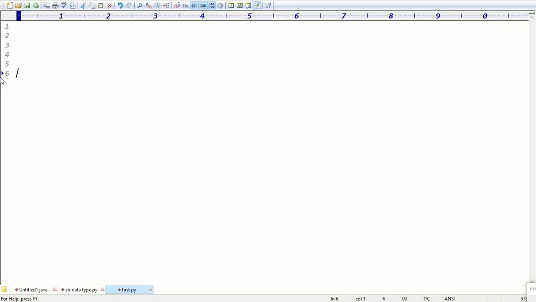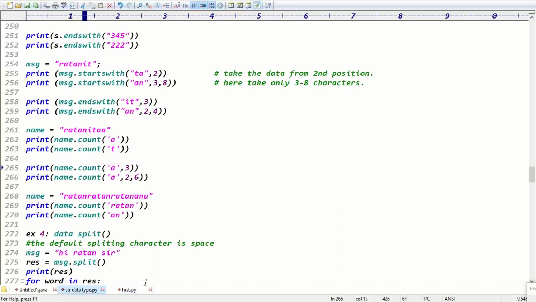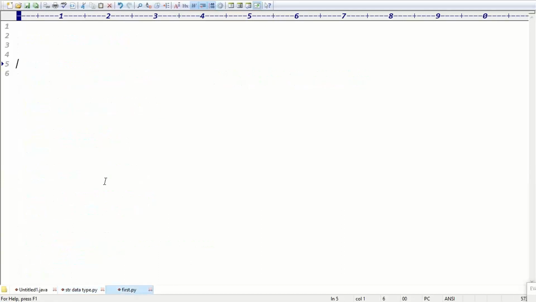Guys, first example, what functions did we discuss? First example, we discussed strip, lstrip, rstrip, length. Second example, find, rfind, index, rindex. Third example, what is the third example? Just now we discussed startswith, endswith, count, right? Guys, how many examples are done in total? Three examples, right? Exactly. And the fourth example is the split method, guys.